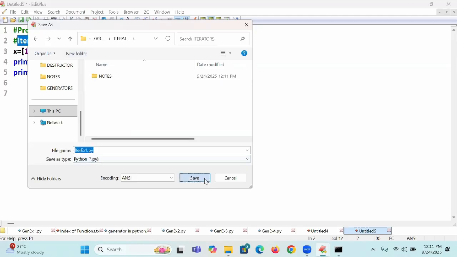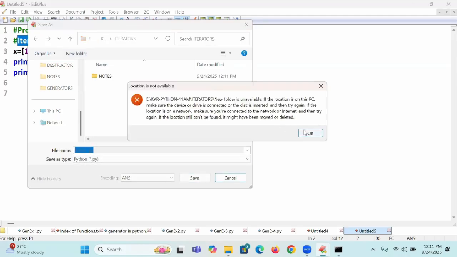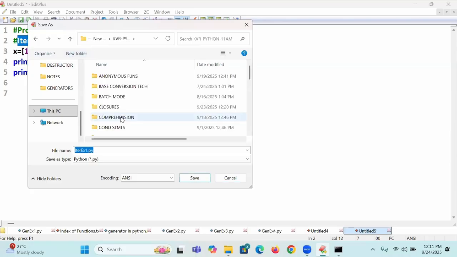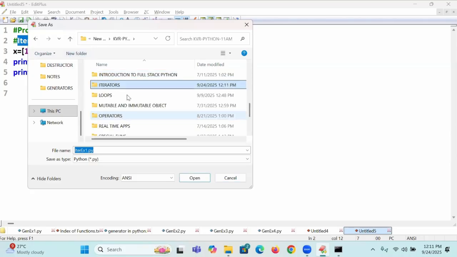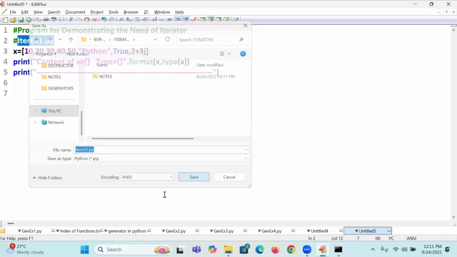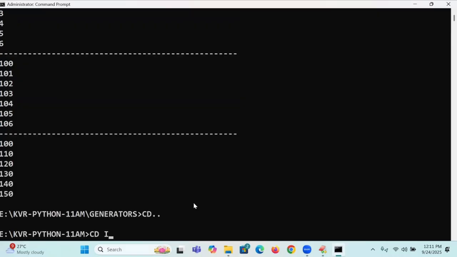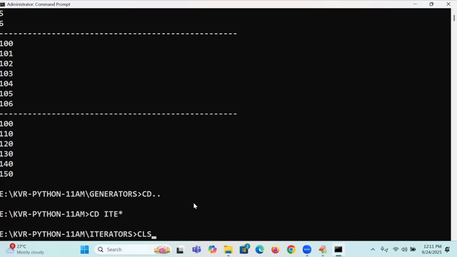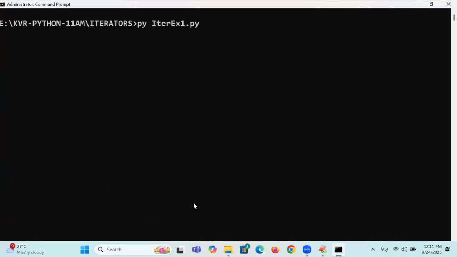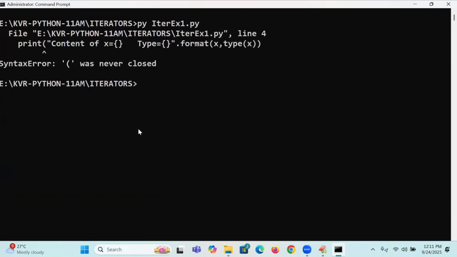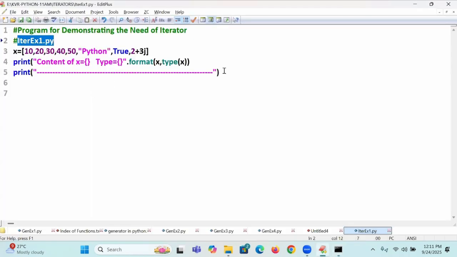Now I will save my example as iterator. Come to this example part, cd iterator, and run the py file. So what happens?